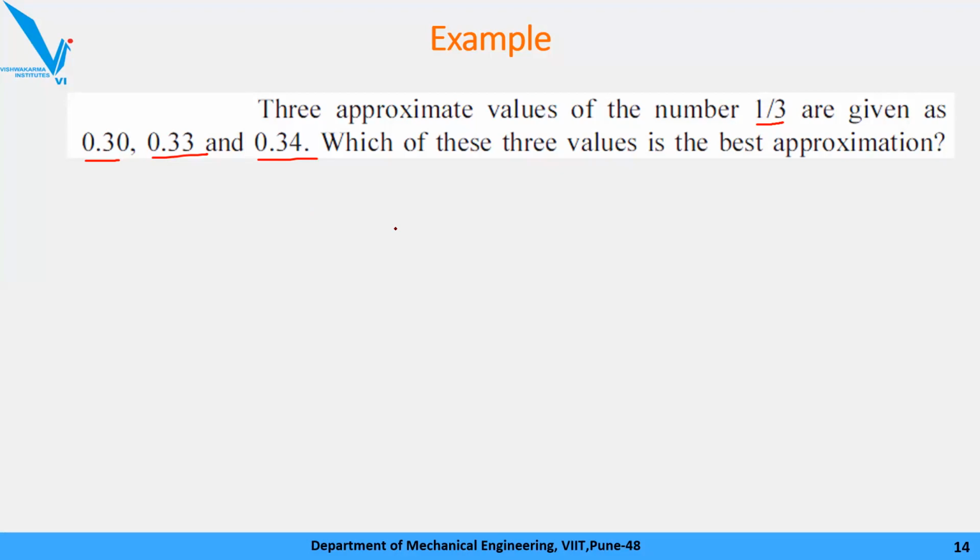I hope everybody got the question. I have one value that is 1 by 3. Okay, we need to choose the best approximation. Best approximation means what? The error less, जिसमें थोड़ा कम error होगा. Okay, so we have three options: 0.3, 0.33 and 0.34. Okay, what could be the best approximate value representing 1 by 3? So I am waiting for your answers.